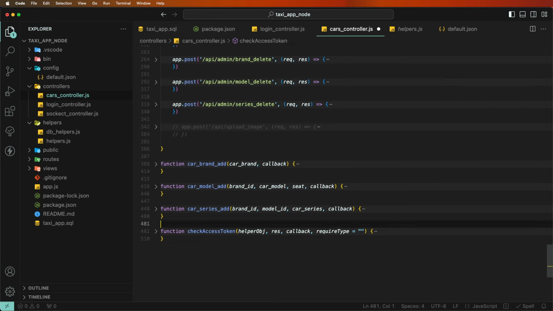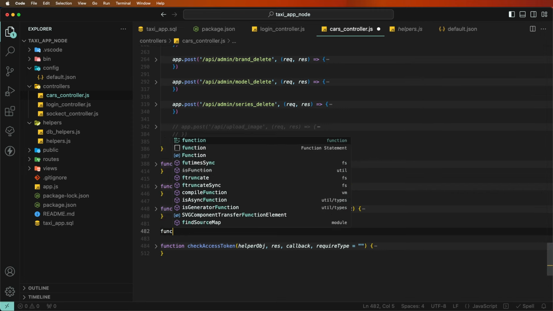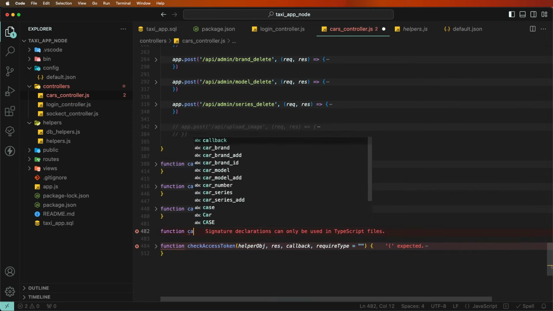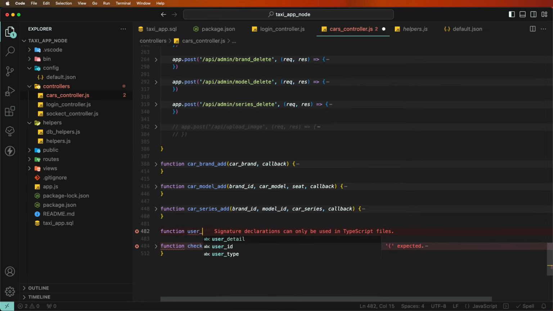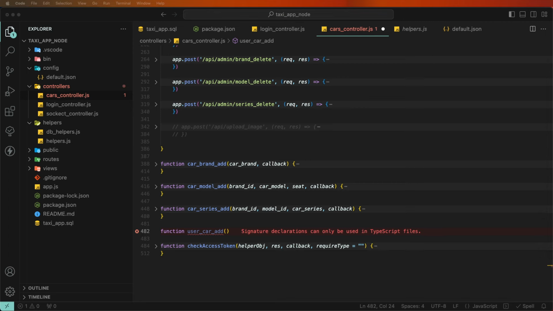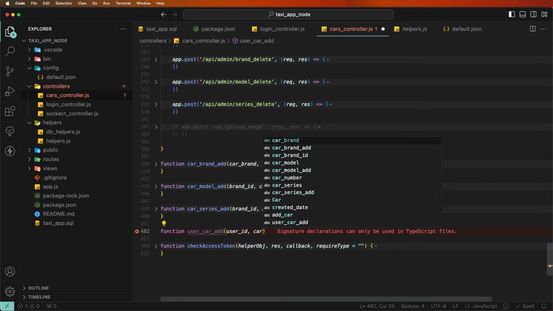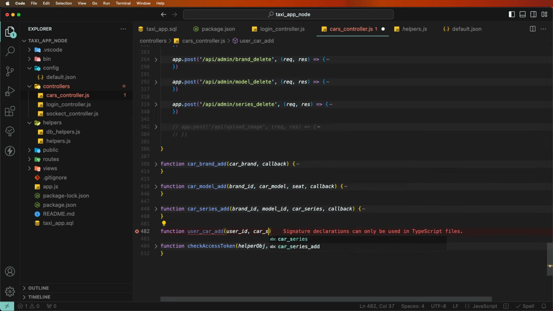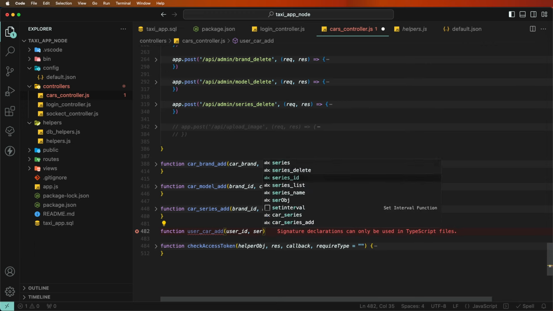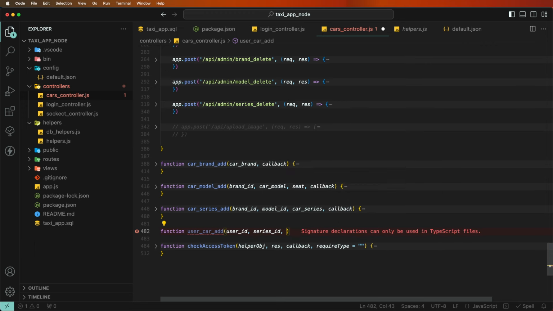Write down here function car add. The function needs here, first of all, the ID, then after that the car series ID, then after that the car number,